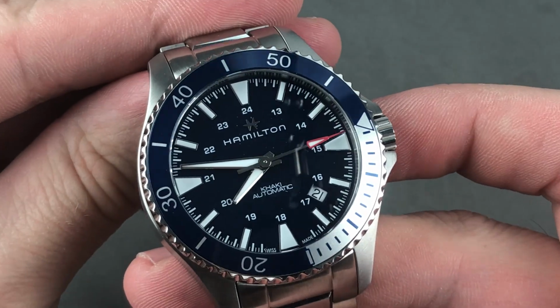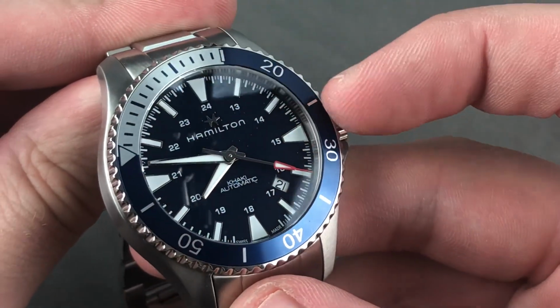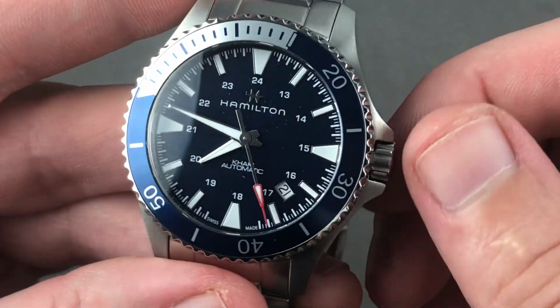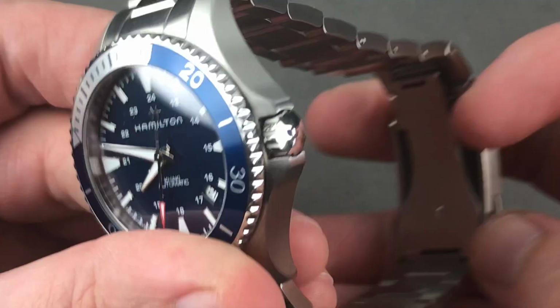It's chunky and vocal. It feels good. It sounds good. There's an anodized aluminum insert that you can line up with the minute hand. Now you've got an impromptu 0 to 60 minute timer. I actually prefer dive bezels to chronographs. They're just easier to read. Screw down crown, 100-meter water resistance, and then you can see a solid case back,